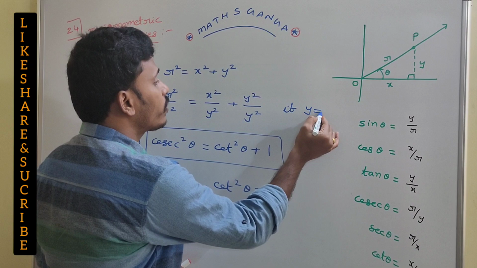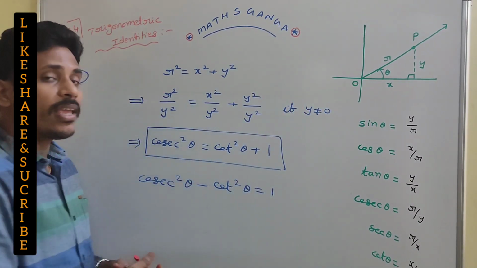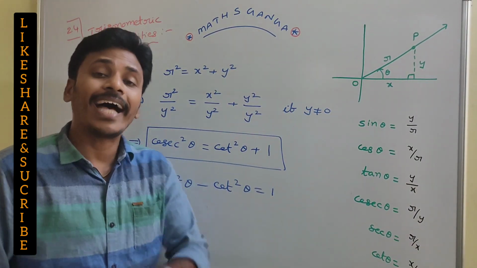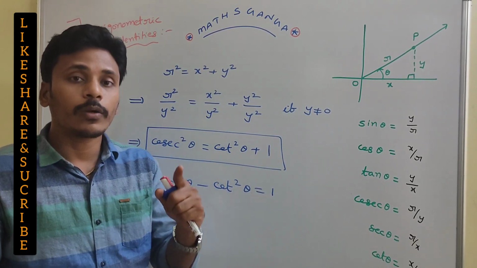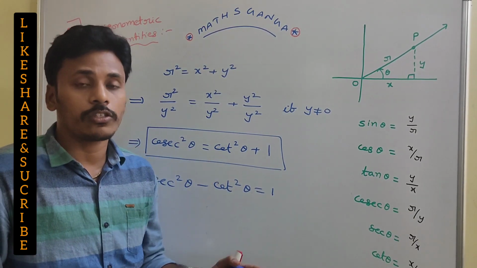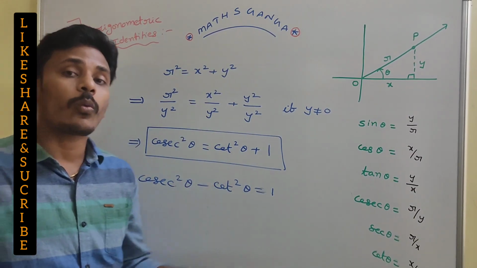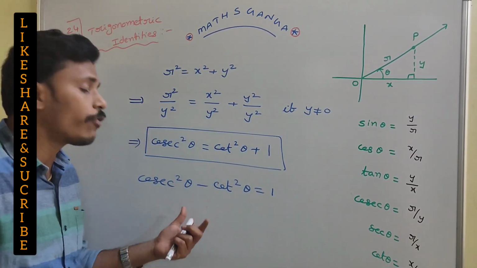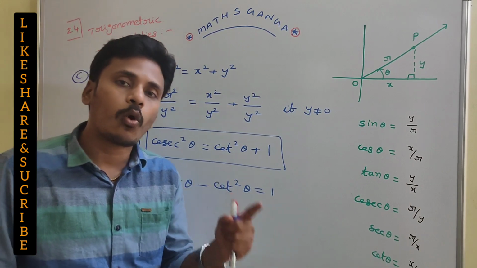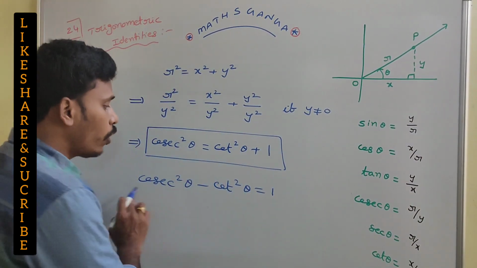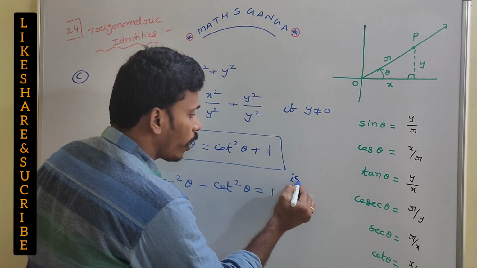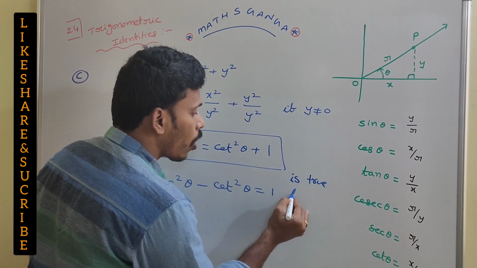here you need to mention that this division is possible only if y is not equal to 0. As per the definitions, y is nothing but the y coordinate. If that y coordinate is not equal to 0, then it is true. If that y coordinate is 0, then this is a false statement. Whenever the y coordinate is 0, the point is on the x-axis. So this statement is true for all theta